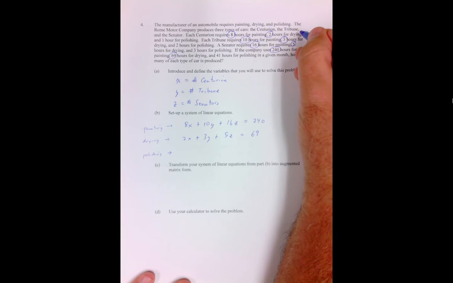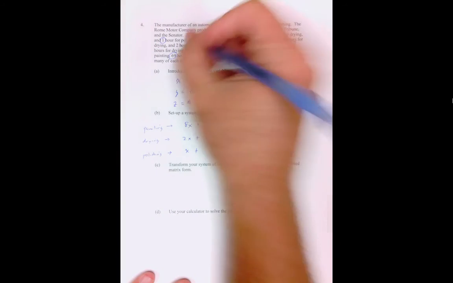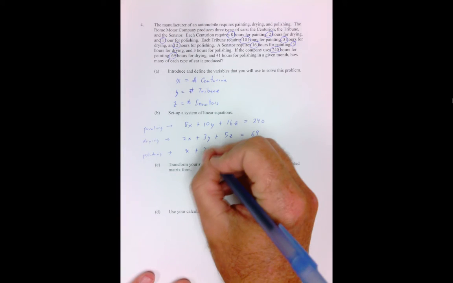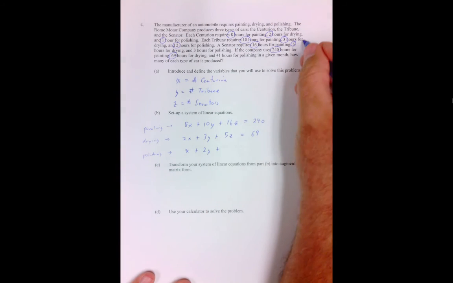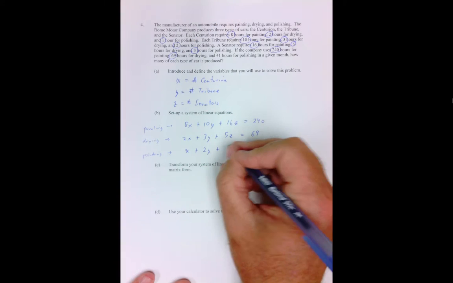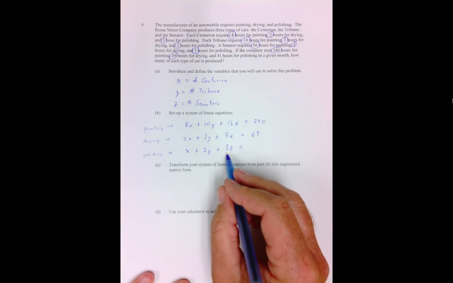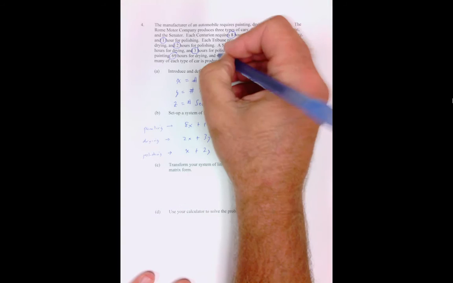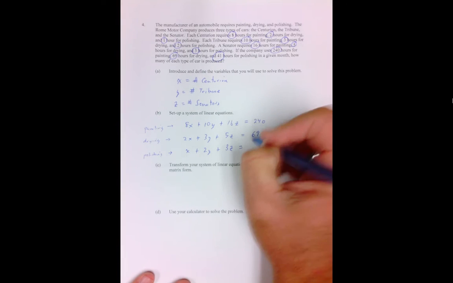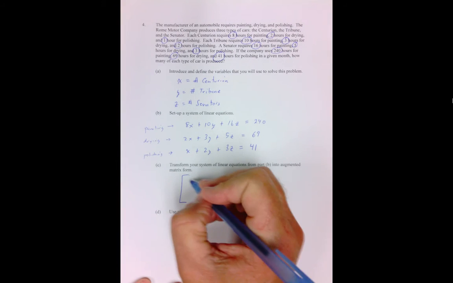Polishing. 1 hour polishing. 2 hours polishing. And 3 hours polishing. Polishing plus polishing plus polishing equals total polishing. So gang, our augmented matrix